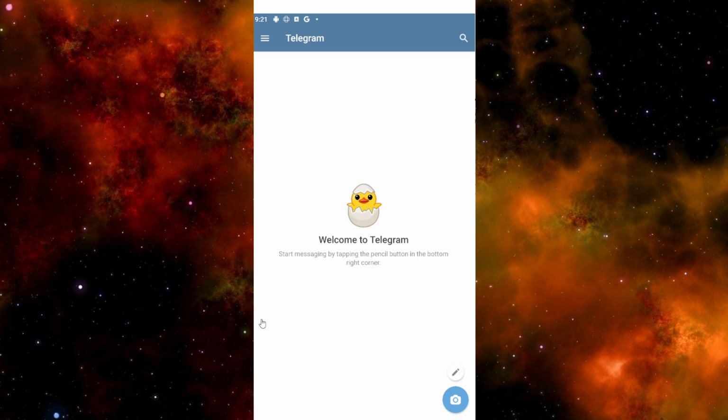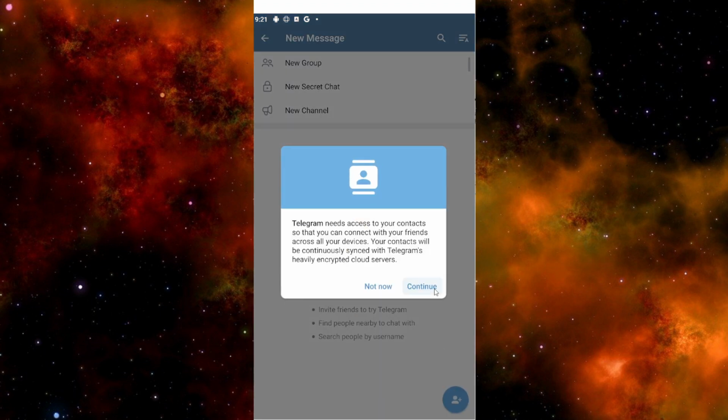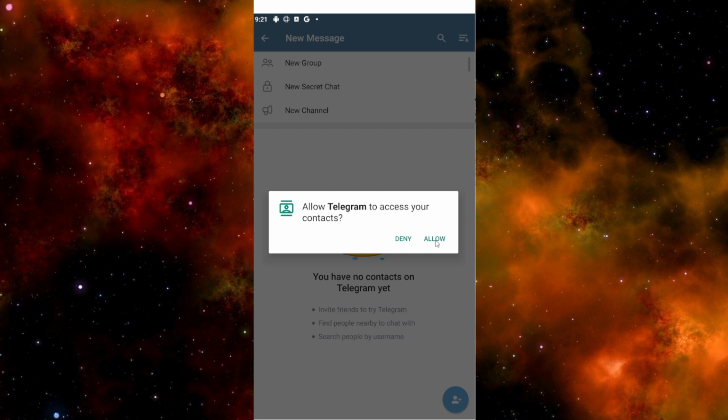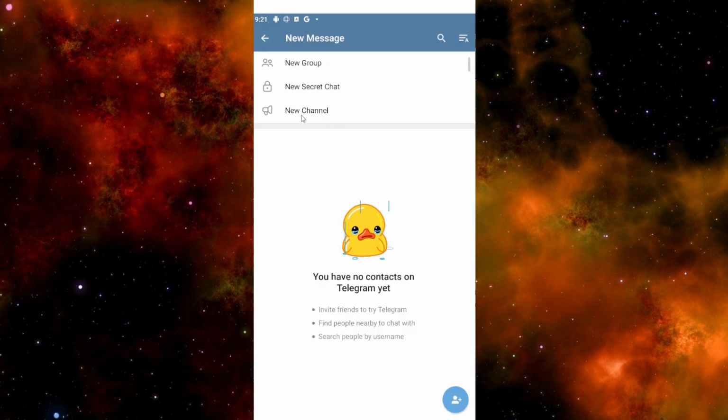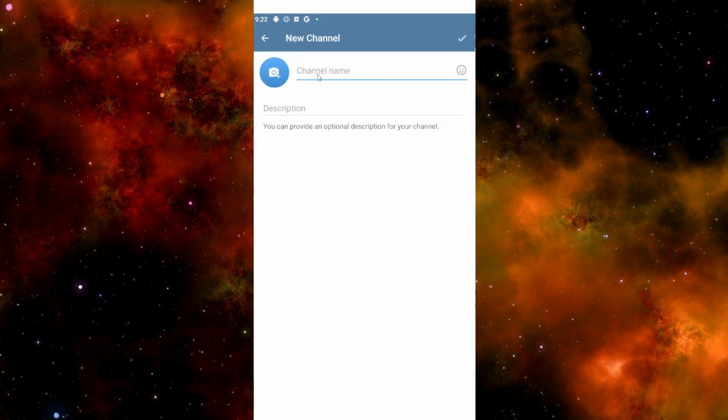So all we have to do is to open our Telegram, and then after opening Telegram, just click this button right here. After clicking, just click continue, then click allow, and then click new channel right here, and then just name your channel whatever you like. So I'll name this as example, and then you can also add description. I can just add example, and then after you're done with this, just click check,